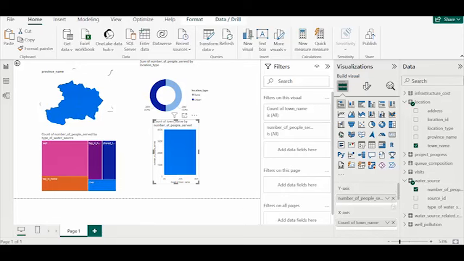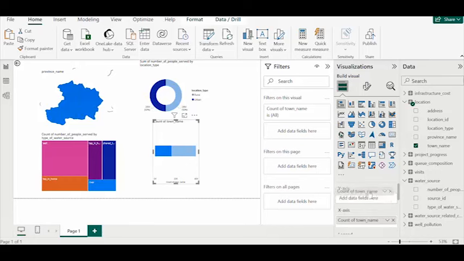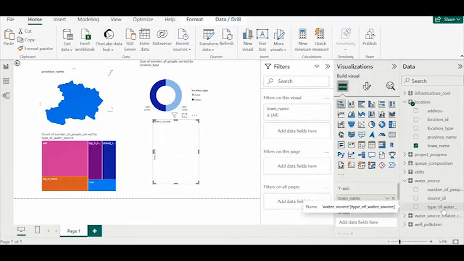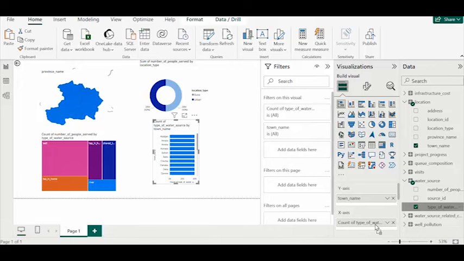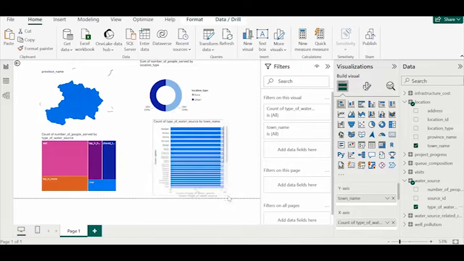We also have town name on the y-axis, then the type of water source on the x-axis. So here we are. Now again, we run into a problem. And if you observe, we know that there's a problem with this visual because it's practically impossible for us to